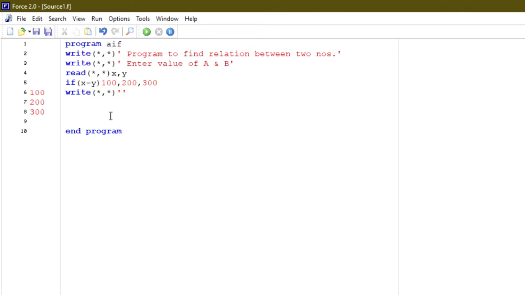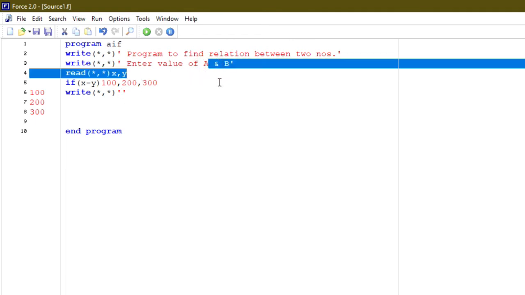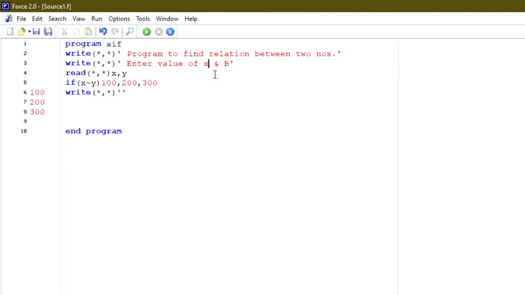since we have given a and b, let us change here, enter value of x and y. Okay, so there will not be any confusion. So we'll write down here x is smaller than y, right? Now when will it transfer to 200? When x is equal to y.